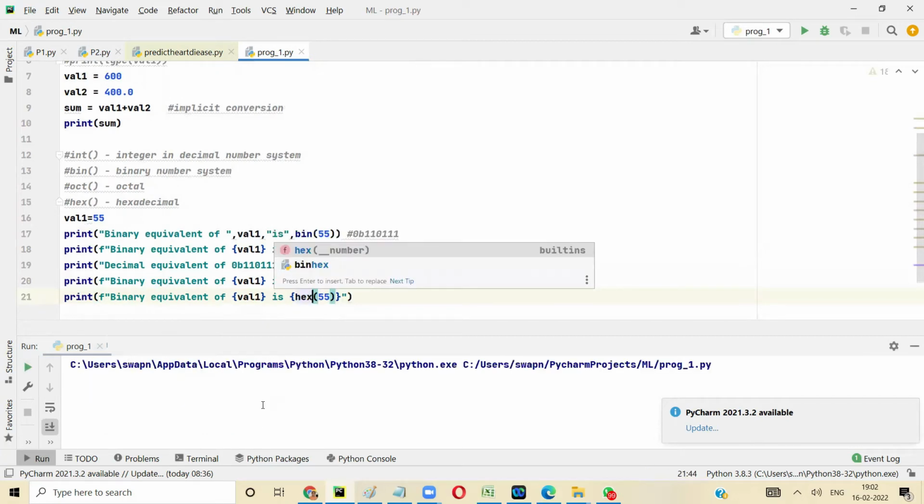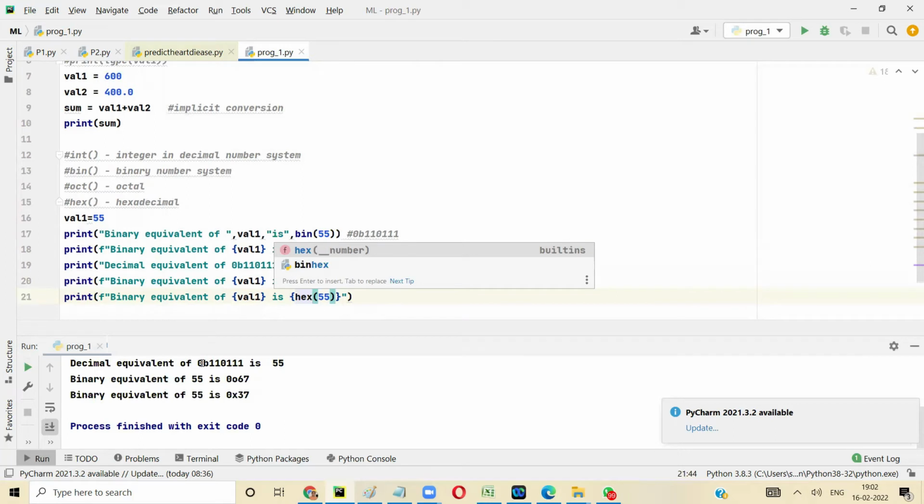Right. So 0b we write for binary, 0o we write for octal. When you see 0o, that means it's an octal number system. It's an octal value. And 67 is equivalent to 55. So 55 in decimal is the same as 67 in octal. To represent it as octal, we write 0o. Similarly, we have